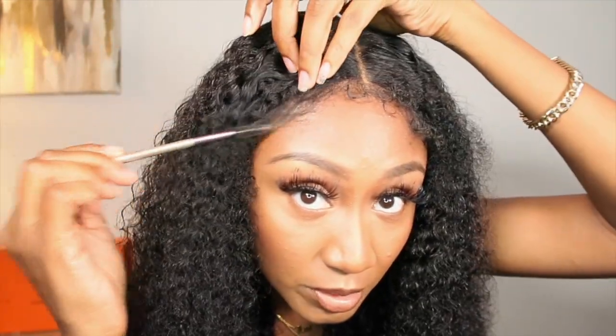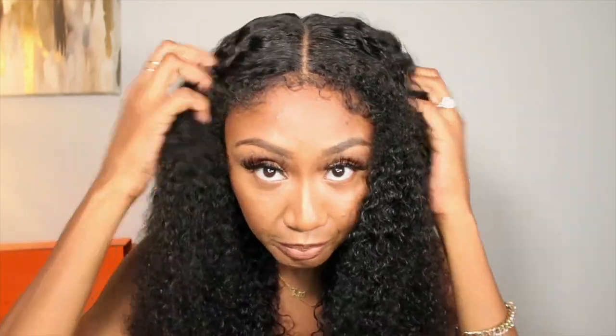So that is all I'm doing. Like I said, y'all don't have to do this step, but that is about it. I am loving this unit straight out of the box. Like, you don't have to do anything. Of course, I do feel like you need to put some water and some product on the actual hair, but this curl pattern is beautiful, and